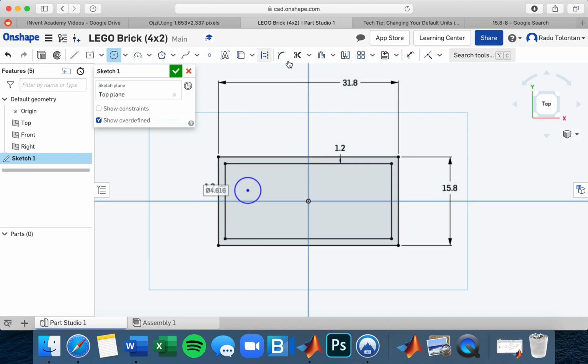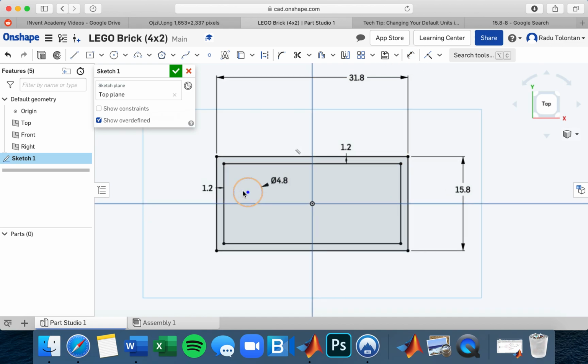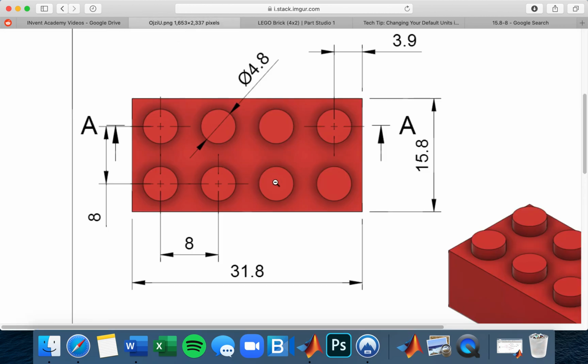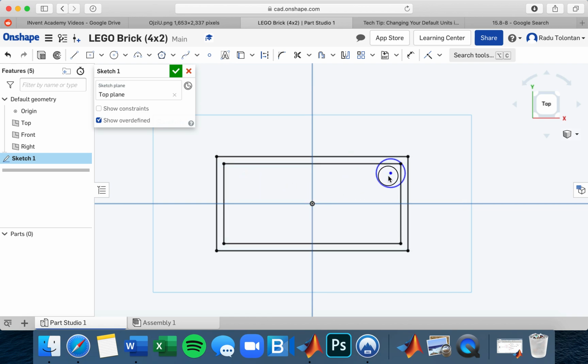and then I will click on dimension. And how much did we say? 4.8 millimeters. Perfect. Now, as you can see, this circle is free to move around. However, with Lego, we know exactly where this circle has to be. So let's return to our drawing and you will see that the circle, for example, is 3.9 millimeters away from the shorter edge. So let's go ahead and position our circle over here,